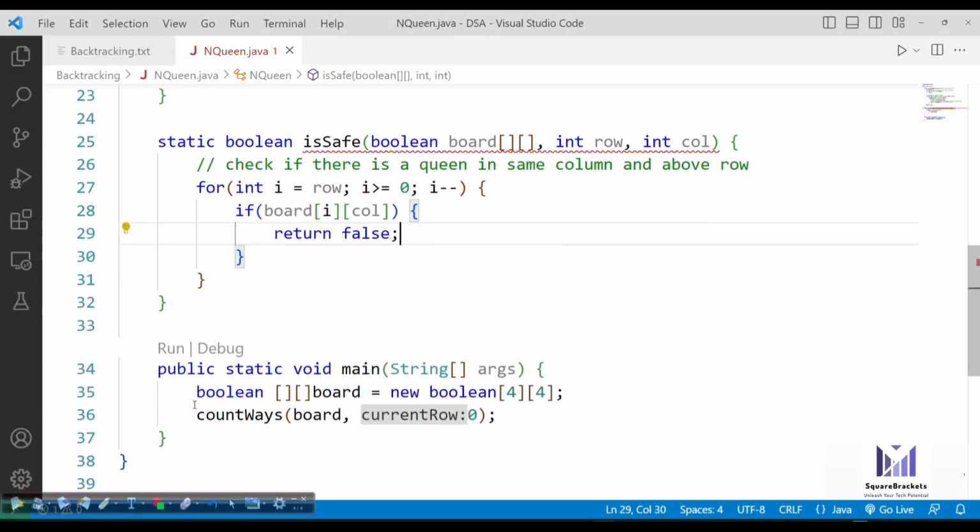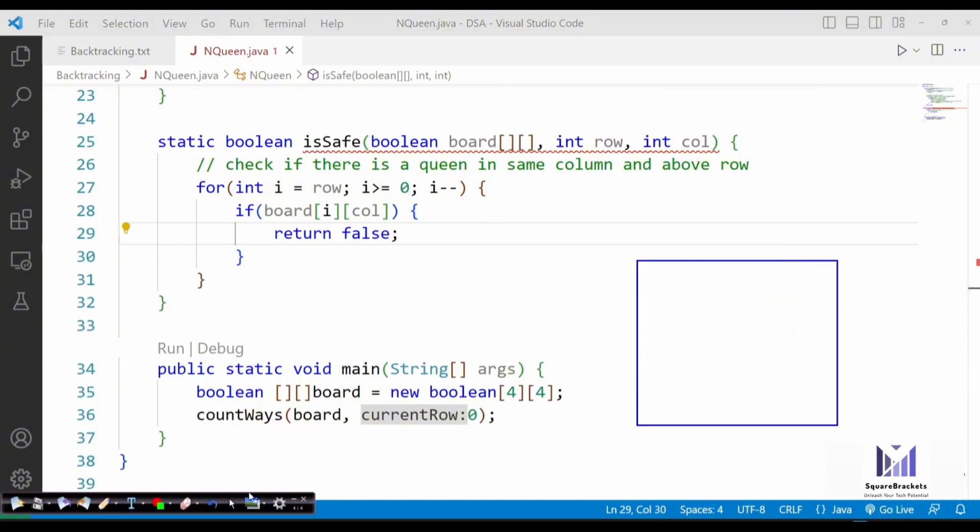Now what it simply means is that you are inside the array, that's a 2D array. Inside this array I just want to check whether it's a safe area or not. Suppose you are here, you want to place a queen here.